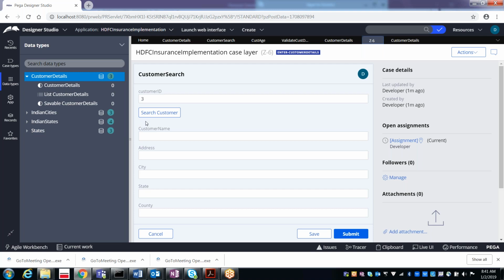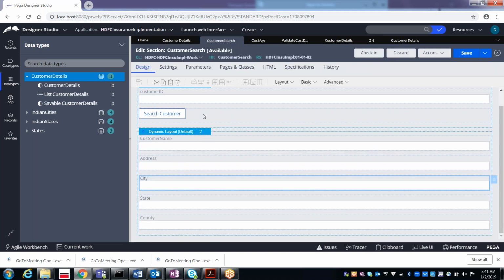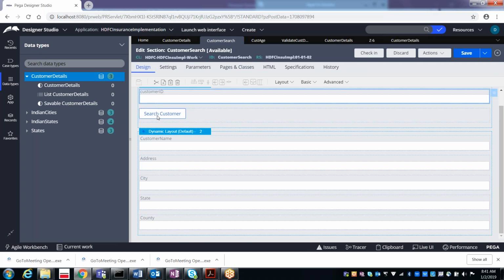So how exactly can we do this? Go to this particular section, customer search, that I created for this. I had a text box for entering the customer ID, then the search customer button, and the fields for displaying the details. Maybe in between these two, you can add one more layout and one more label saying customer details does not exist. How can we add the label?